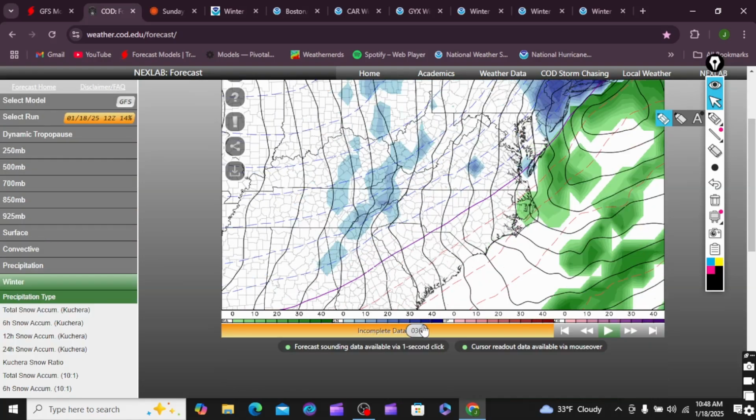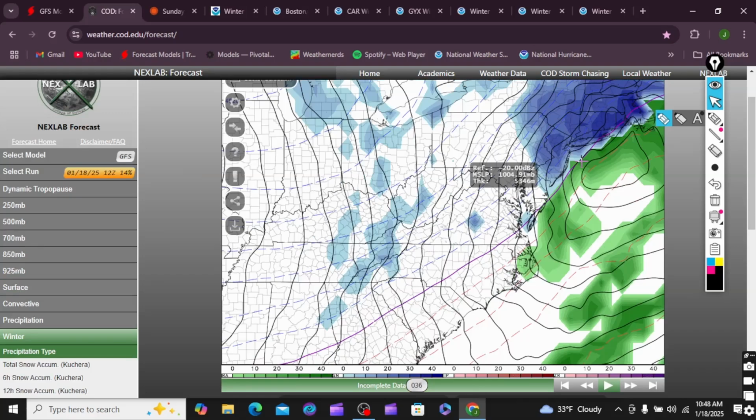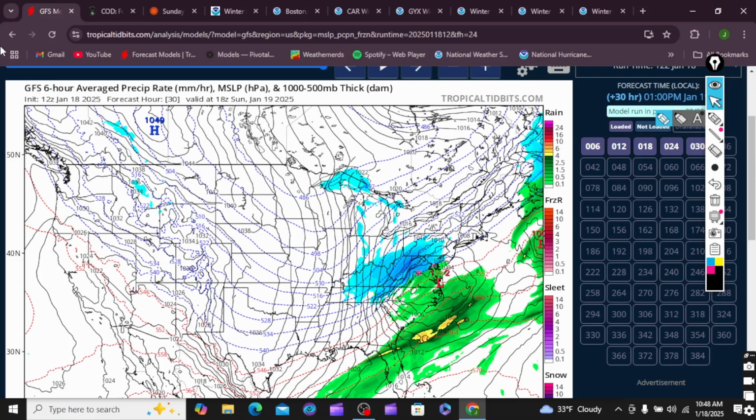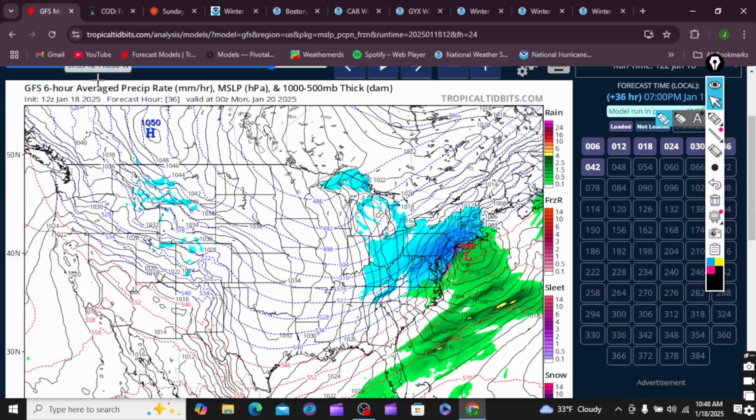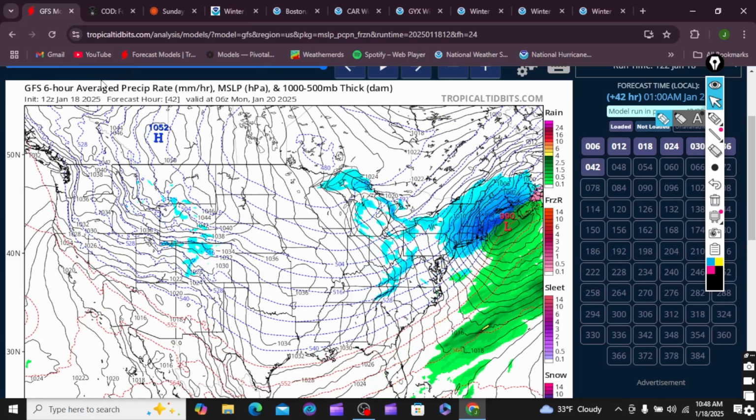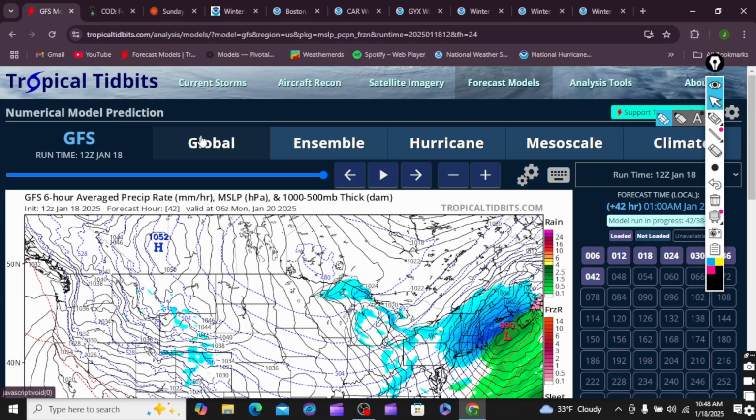We go into 36 hours. Okay, still snowing. Nothing too much of a difference. I don't see a dramatic change.